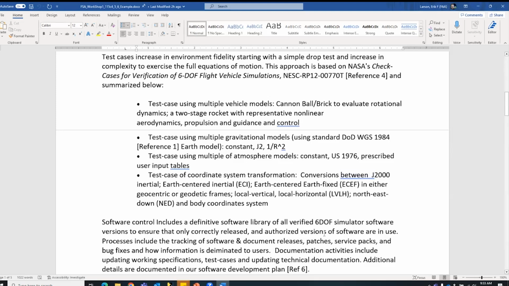This provides a very rigorous check of their verification of their model based on something outside of their process, but that's included in the process and referenced so that we can take a look and verify that that is an applicable approach. In addition, if you look at the next,